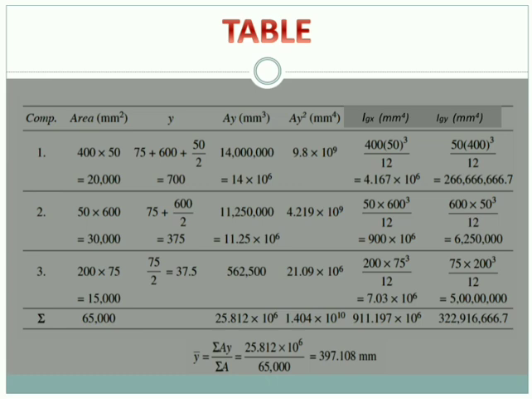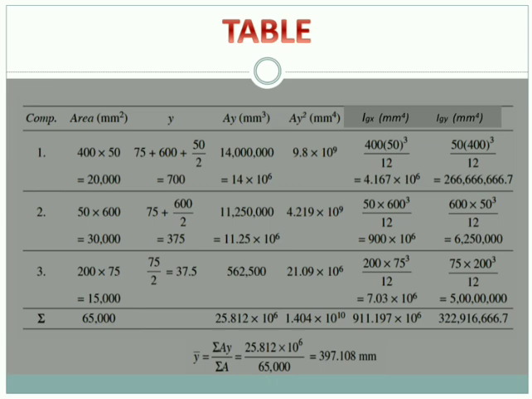So the formula for the rectangle is what? About X axis, BD cube by 12. B is the breadth, D is the depth. 400 into 50 cube by 12. So it goes like this. It is very easy. Now when you go to IGY, reverse the cube. That is 50 into 400 cube by 12. Okay, it is very easy. This step also you can write into 10 to the power to avoid big numbers. So this is how we complete the first row. Go element wise, go row wise. Don't just go on filling the table column wise.